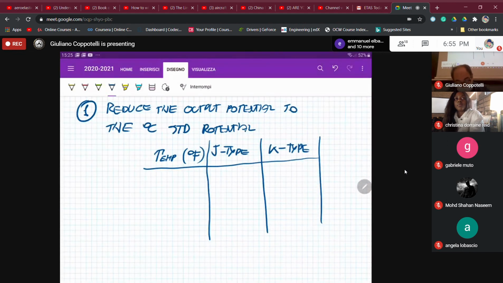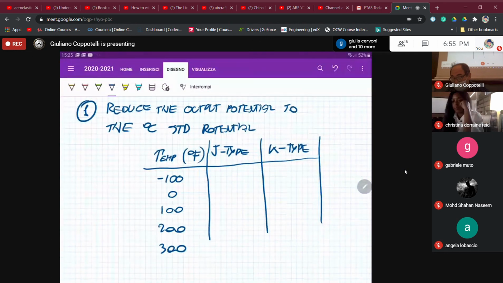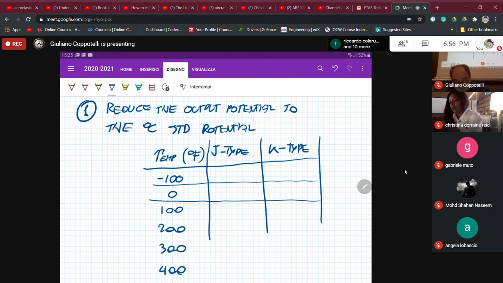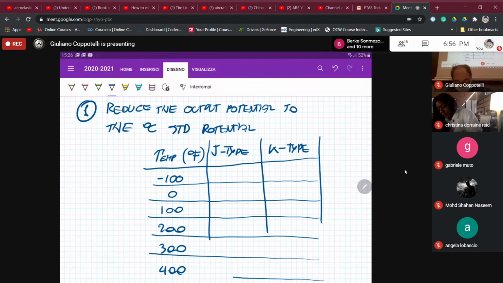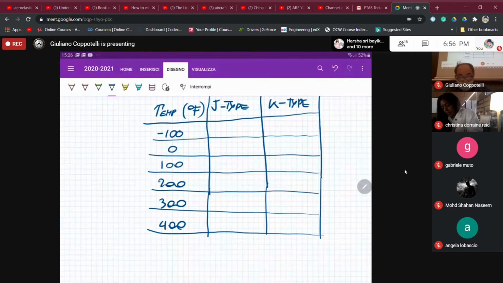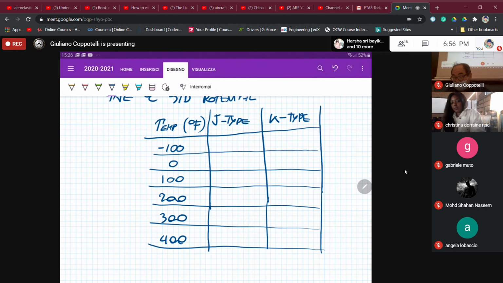So we have, for example, negative 100, 0, 100, 200, 300, and 400. And the standard potential of that is reported in these cells. So negative 3.49, negative 0.89,